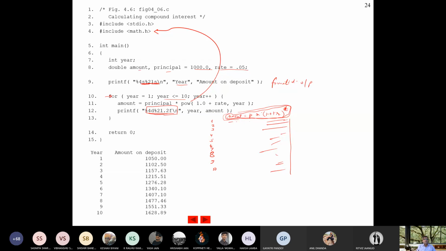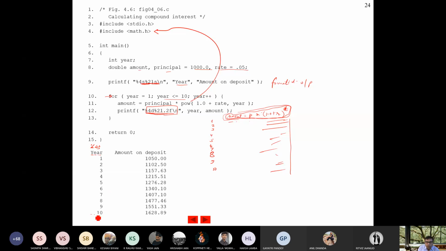So what is written here? %4s. This shows string, percent s. Here it is written as %4d. %4d means decimal up to 4 places. So %4, 1, 2, 3, 4. Yes or no? And similarly 1, 2, 3, 4. So this is for decimal number 1, 2, 3, 4. So this is %4d and %4s.